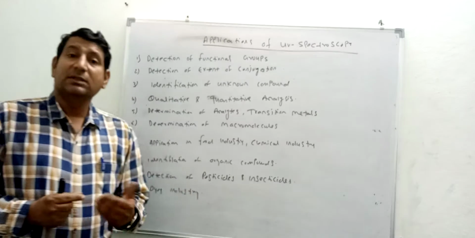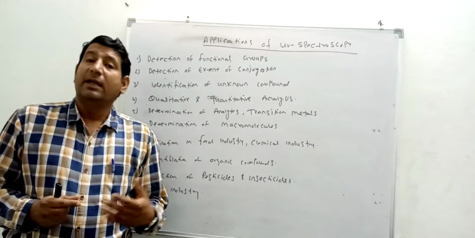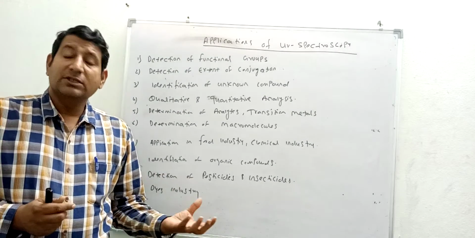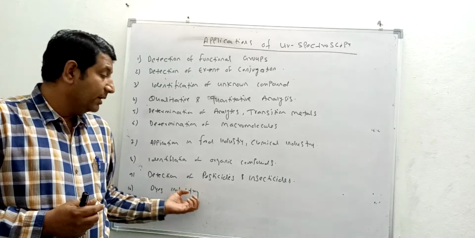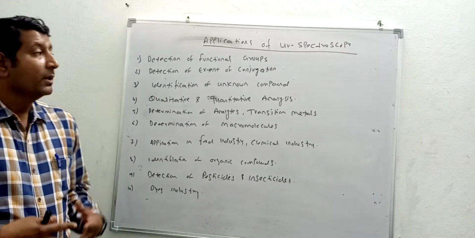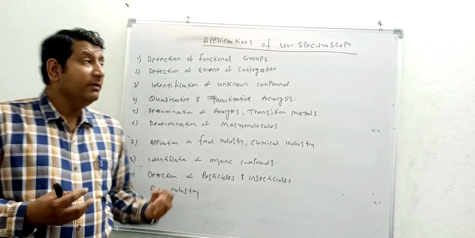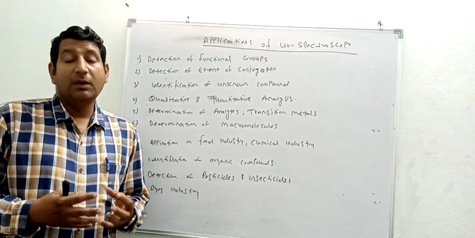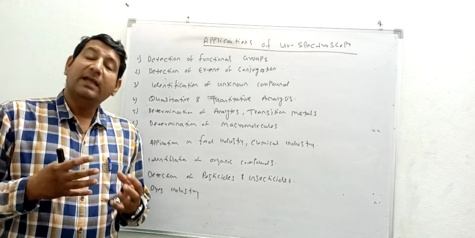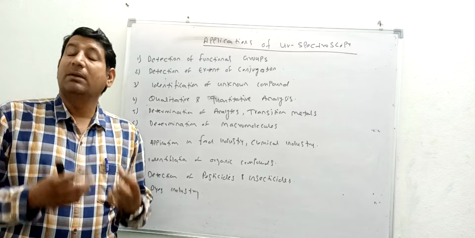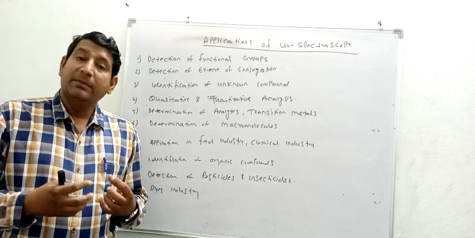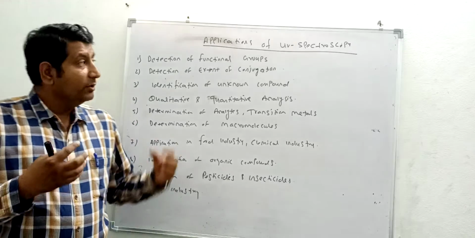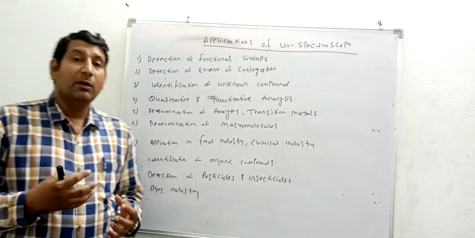The next and last use is in dye industries. In chemical and dye industries, we can determine the various types of dyes, the nature of dyes, and their concentration, and qualitative and quantitative estimation can be done. We can also say that UV visible spectroscopy has application in the bioanalysis field, because in bioanalysis we can determine the concentration of a drug inside our blood plasma, urine or any biological fluid. So UV visible spectroscopy is also helpful in bioanalysis.